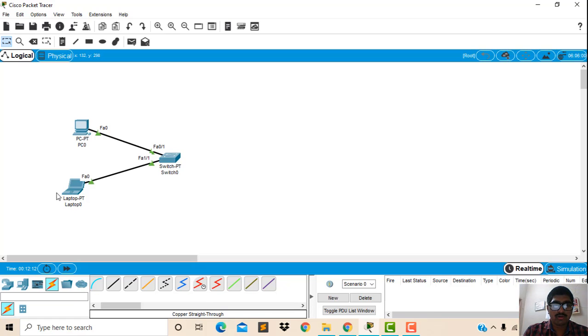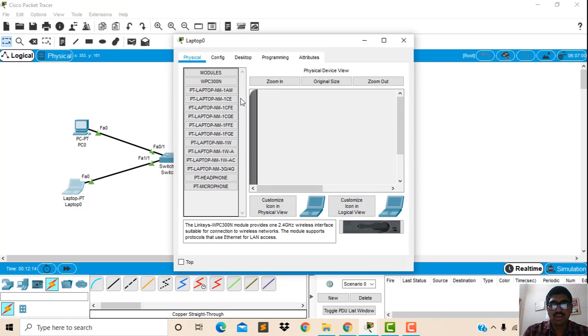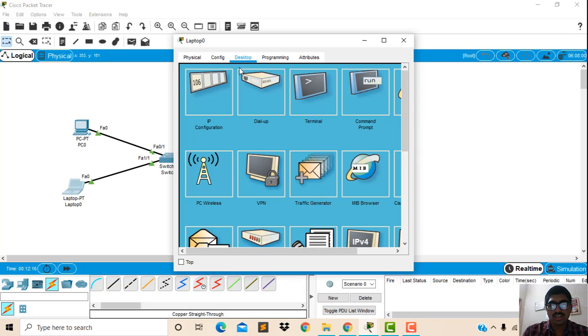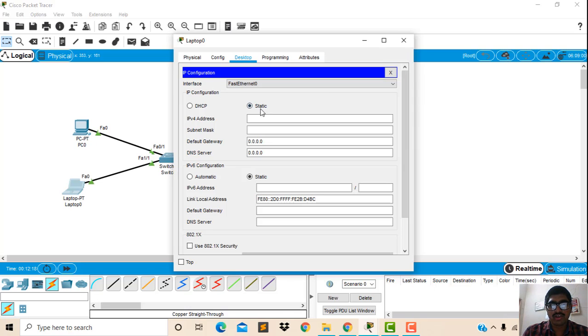Now we will go to the laptop and assign the IP address as I did in the PC. Go to desktop, IP configuration, and IPv4 address 192.168.10.3. I assigned 10.2 to PC0, and here I am assigning 10.3. The default gateway I have assigned is 10.1.